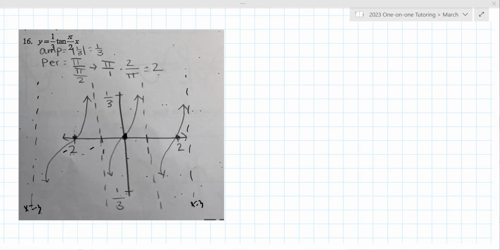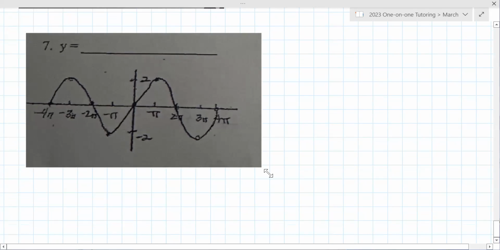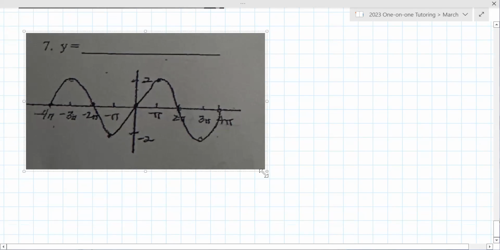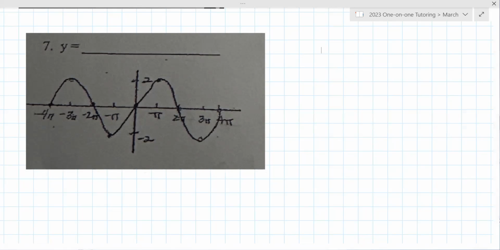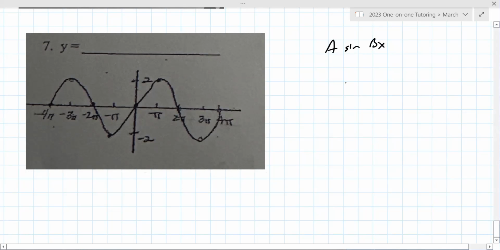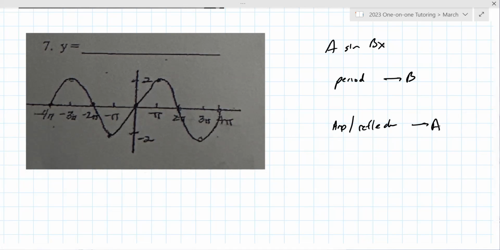All right, so 7 says you must make this a sine graph, which is really helpful. If you had to choose between sine and cosine, it could really be challenging. So this is just a working backwards problem. You're not even having to do that much here, it's a sine bx. So you need to know the period to find big B, and you need the amplitude and if there's a reflection to find big A. So let's start with the period. The period is